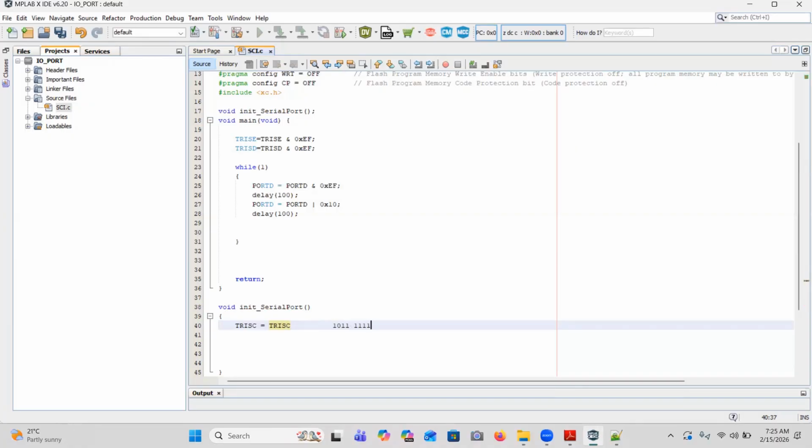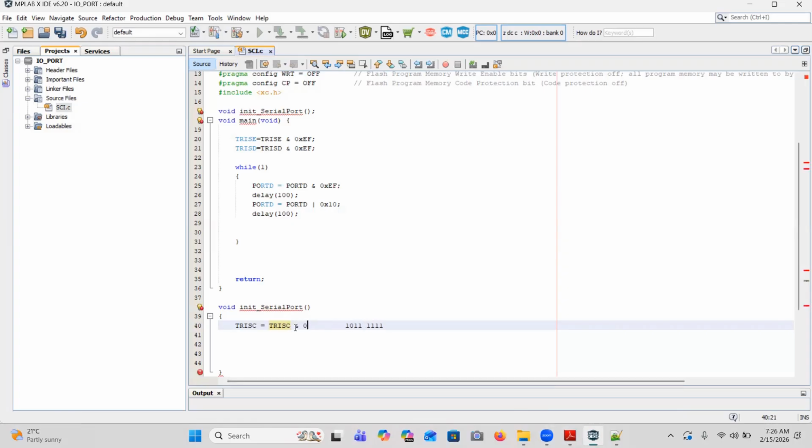This will make only that bit 0 when I AND it with 1011. 1010 is 10, 1011 is 11, which is BF. When you AND it with BF, that particular sixth bit will become 0 and the remaining bits will be as such, right? So for that, what I do: TRISC equals TRISC AND with